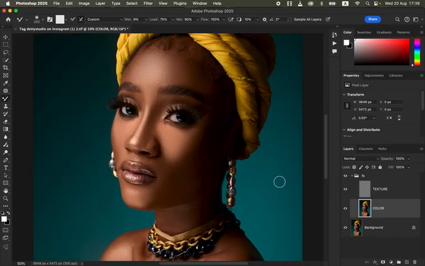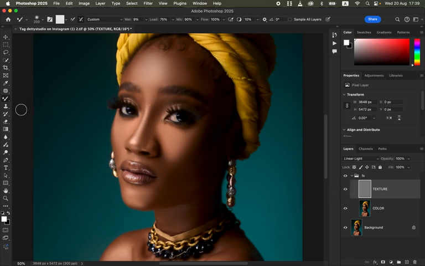So right now, for the first step, we were trying to work on the skin tones or the skin color of the subject. For the next step, we just want to remove the pimples and blemishes using the clone stamp tool. And remember, pimples and blemishes are part of the texture. So simply come and select the texture layer, and with it turned on, make sure it is turned on or